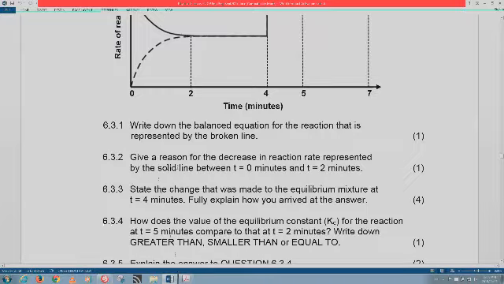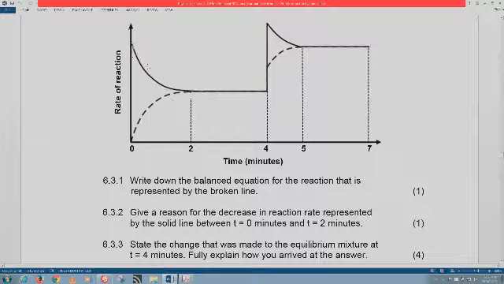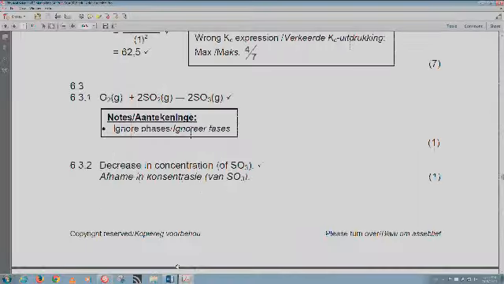6.3.2, give a reason for the decrease in reaction rate represented by the solid line between time equal to 0 minutes and time equal to 2 minutes for 1 mark. The answer expected there is due to the decrease in concentration. We know that it is the decrease in concentration of sulfur trioxide. As long as the learner says decrease in concentration, it is 1 mark. And then